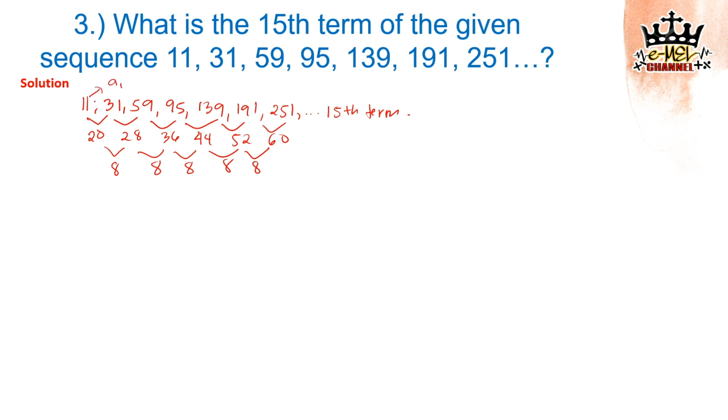Now, we know that a sub 1 is 11 and the last term is the 15th. Start with a sub n. We know that a sub 1, a sub 2, a sub 3, a sub 4 are the numbers 11, 31, 59, 95 respectively. If you don't know where to start, don't worry, just put in 1, 2, 3, 4. Now evaluate the problem. It increased so huge, and so addition is not appropriate to apply here, but rather